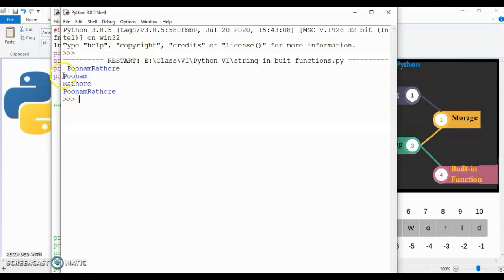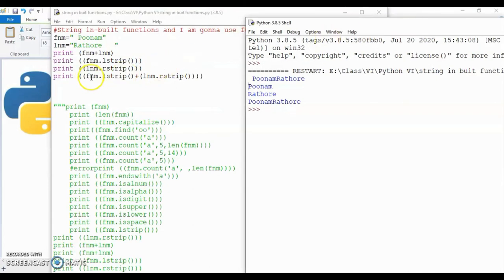So you can see that the space has been removed over here from my first name, similarly from the last name, and when I'm printing it over here by using the function, both the spaces have been removed from the left hand side and right hand side, and it has shown me the name without any spaces. This is how you can use the lstrip function and rstrip function. So I think the functions are clear to you. These inbuilt functions are there in each and every programming language.